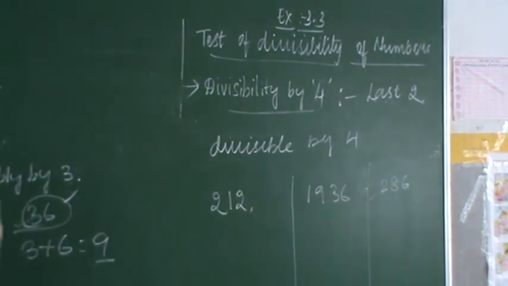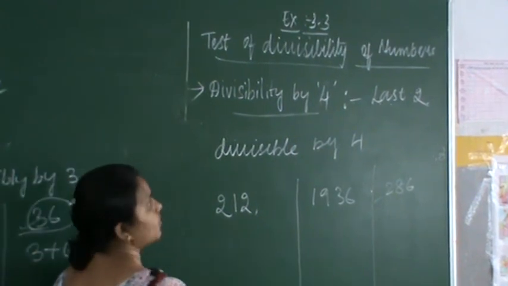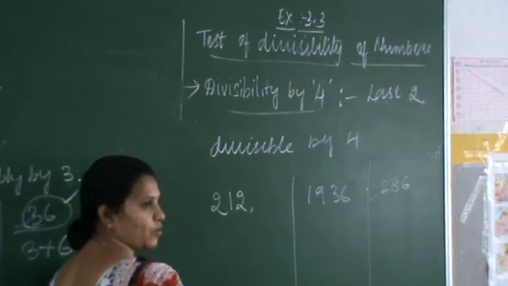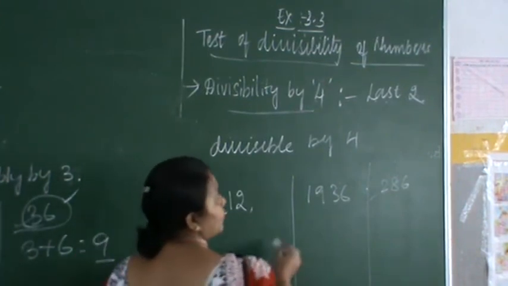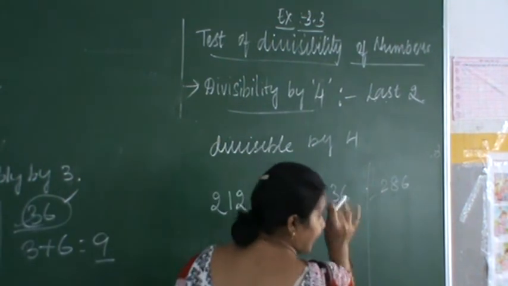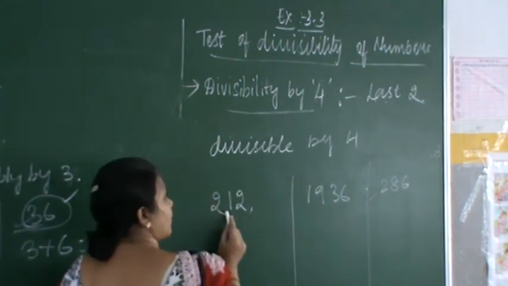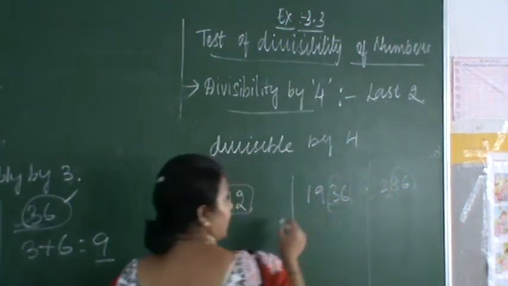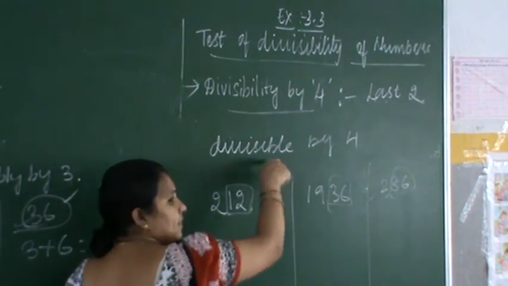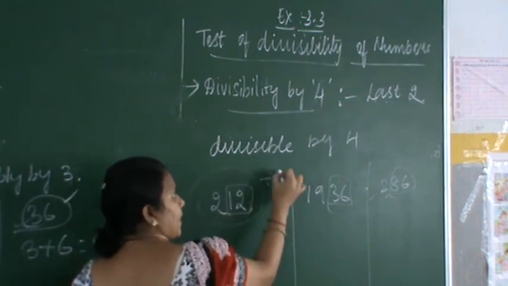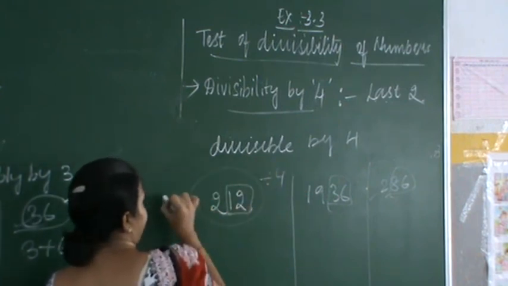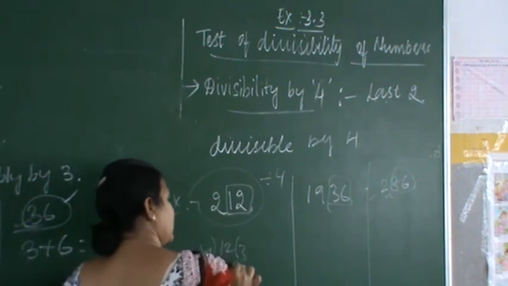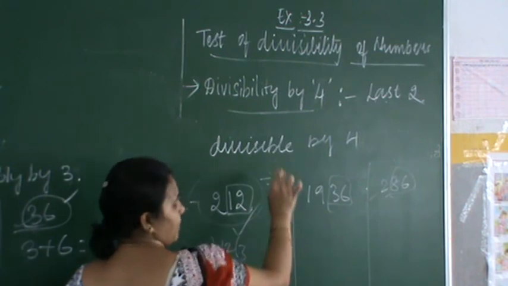There is one rule which differs from one number to the other. Divisibility by 4. If a number is given and you are asked to find the divisibility for that number, you have to check whether the last 2 digits of that number are divisible by 4 or not. If these 2 digits are divisible by 4, then the total number will be divisible by 4. We'll see an example. Is 12 divisible by 4? Yes, 12 is divisible by 4. So this number is divisible by 4.